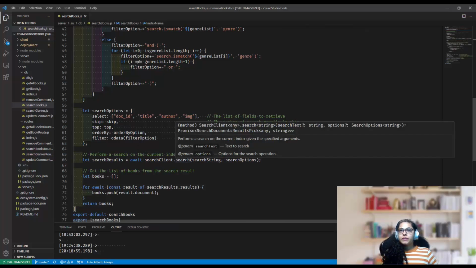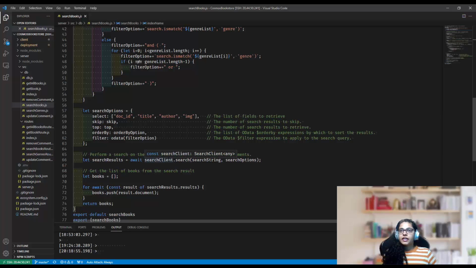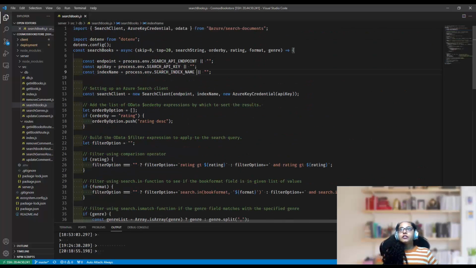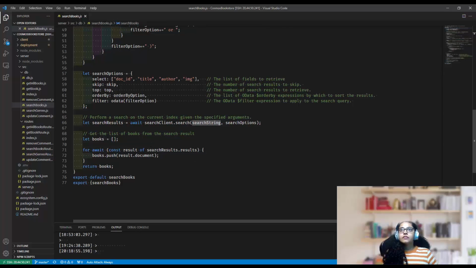We run the search method on the search client instance that we created earlier, and we specify the search string as the input, right? So this is the search string we are getting as one of the input parameters to this method. So once we get the search results, we iterate over that and push the books into an array, and we return that as the response of this method.